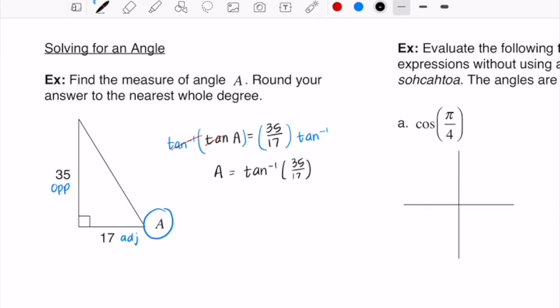And so type that into your calculator, making sure that your calculator's in degree mode. It says to round your answer to the nearest whole degree. And so for this one, the measure of angle A is going to be approximately 64 degrees. Depending on your familiarity with right triangles, you might notice that angle A is opposite the longer of the two legs. So it makes sense that your answer would be greater than 45 degrees. It still has to be less than 90 because there can only be one 90-degree angle in a right triangle, but it would have to be the larger of the two acute angles in the right triangle because it's opposite